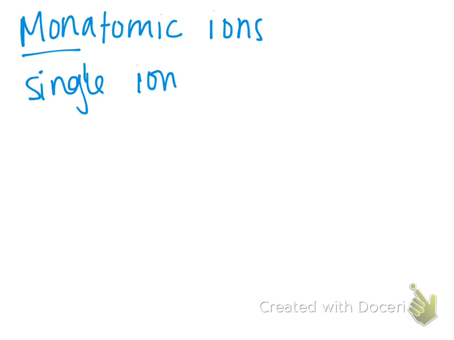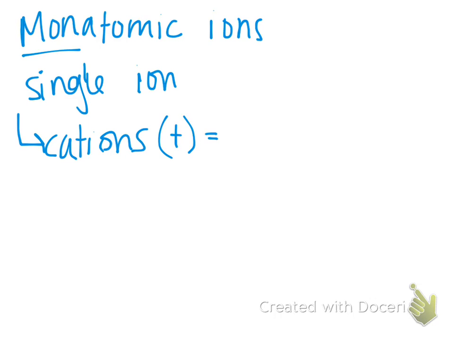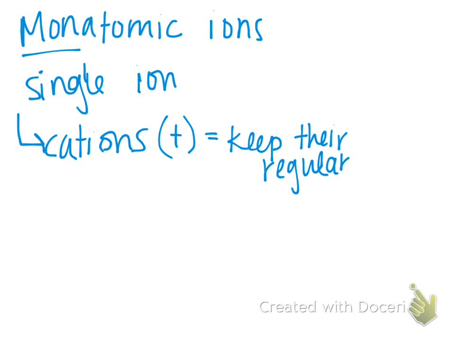And if you look on your periodic table, they've already done this naming for you, okay? So the rules for naming monatomic ions: cations, which are the positively charged. Do you see any difference between their name and their regular element name on your periodic table of ions? If you look on the periodic table of ions, they're just listed by the regular name. So cations get to keep their regular name. So there's nothing that even changes when you talk about